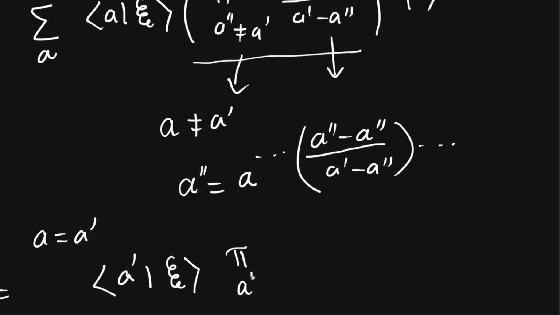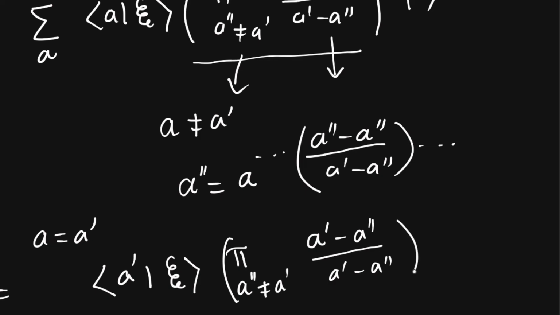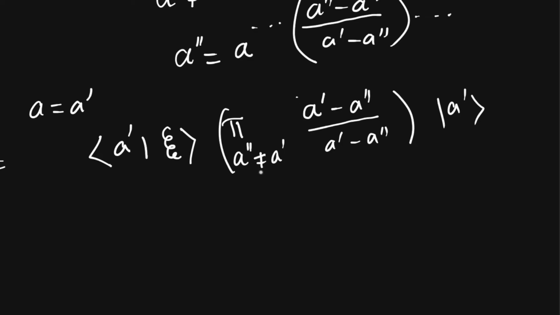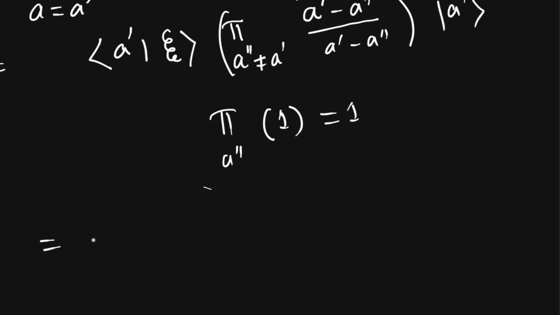Multiplication over a double prime, not equal to a prime: (a - a double prime) by (a prime - a double prime) into a prime. Now we can see that every term of this multiplication becomes 1. That means every term of this multiplication will become 1, so this whole multiplication will become 1. That means this will become a prime xi